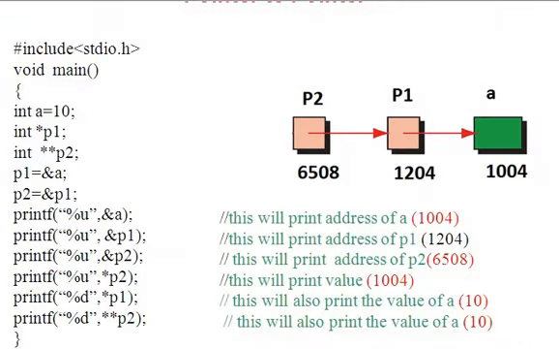So look at this program, a demo of a pointer to pointer variable. Look at the first declaration, int A is equal to 10, and next one is *P1. P1 is a pointer variable, and look at P2. Look at the 2 stars. If you put something like 2 stars here, P2 is a pointer to pointer variable. A normal pointer variable holds address of a variable, whereas a pointer to pointer variable is used to hold the address of a pointer variable.